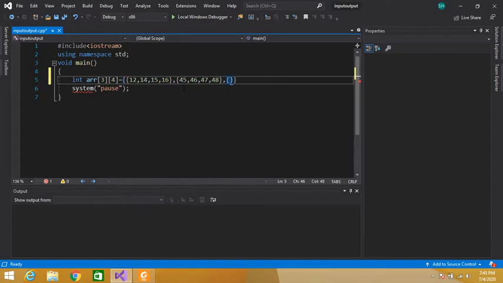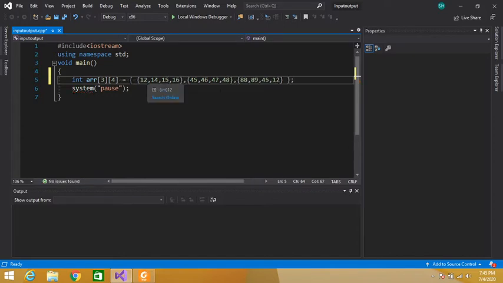Again curly braces, 88, 89, 45, 12. 4 columns, and at last a semicolon.